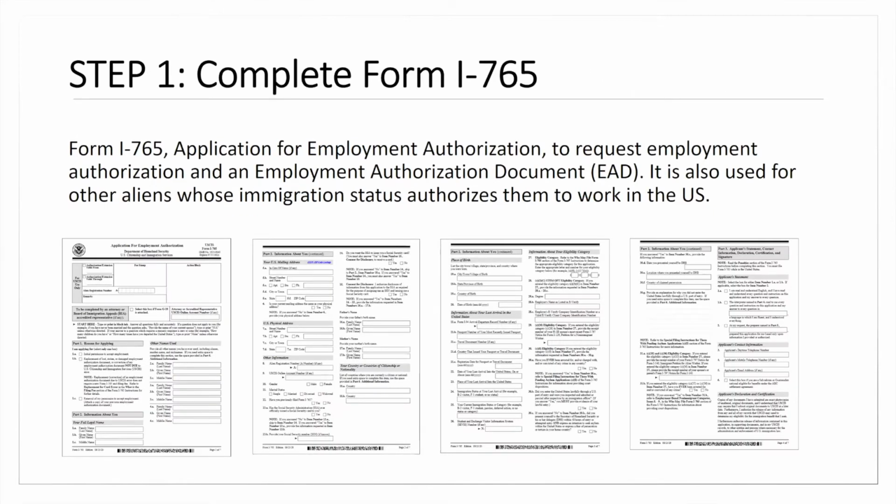When you're looking at the Form I-765, the important thing is that, again, like I said, this form is used for lots of different employment authorization. So if you're in a different category, you're still going to fill out the same form, but you might be answering different questions. This particular instruction series is going to be talking about our J1 and F1 students. Our J1 students are not eligible to apply for the EAD. So primarily, this will be used for our F1 students when applying for OPT.